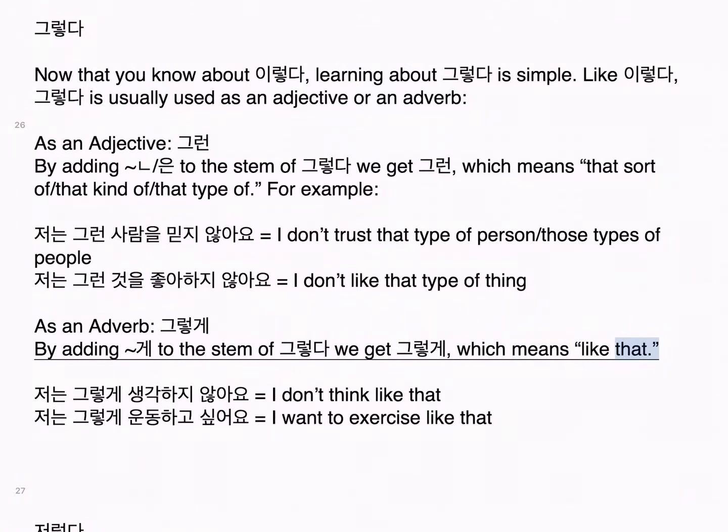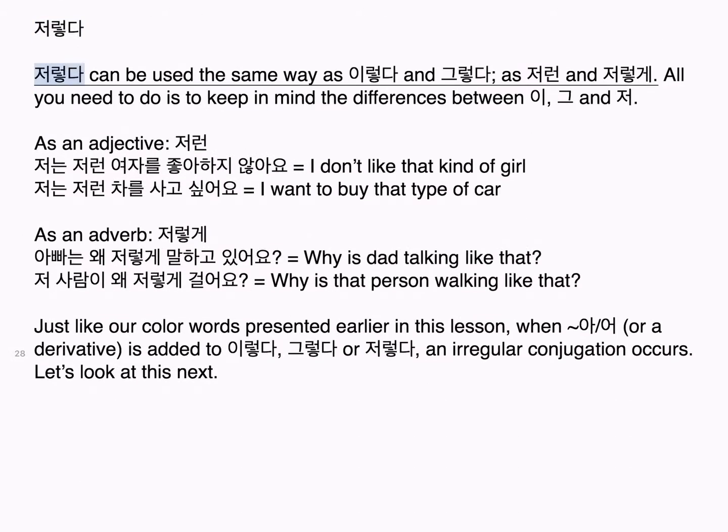which means like that. 저는 그렇게 생각하지 않아요. I don't think like that. 저는 그렇게 운동하고 싶어요. I want to exercise like that. 저렇다, 저렇다. Can be used the same way as 이렇다, and 그렇다, as 저런, and